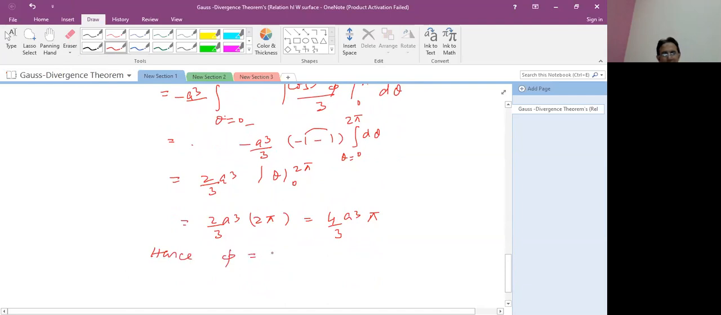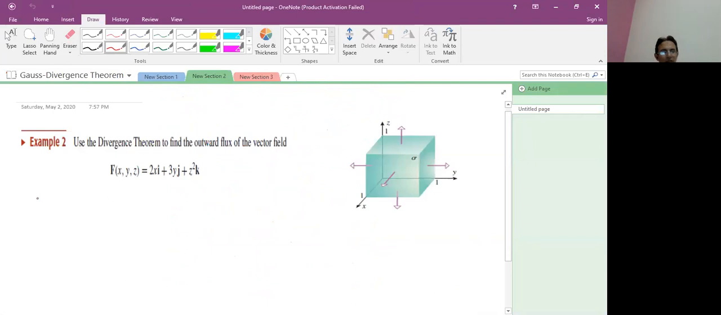Hence, phi is equal to 4 upon 3 a cube pi. This is called outward flux. So we have determined it. We will continue, and the next application, student,